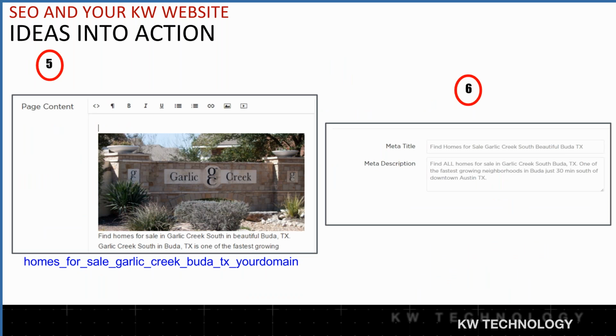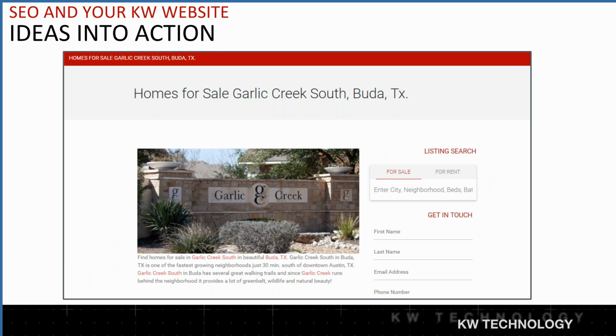Now we have to add our custom titled image. Remember, we create this image name and save it and then upload it to our website. We have to add our meta titles, our tags, and then save the page. Once we've saved the page, now we have a page on our website that has most of the elements that are going to help you gain strong SEO in the very near future. And as we mentioned, consistency is the key, and you have to keep doing the work to see the results.